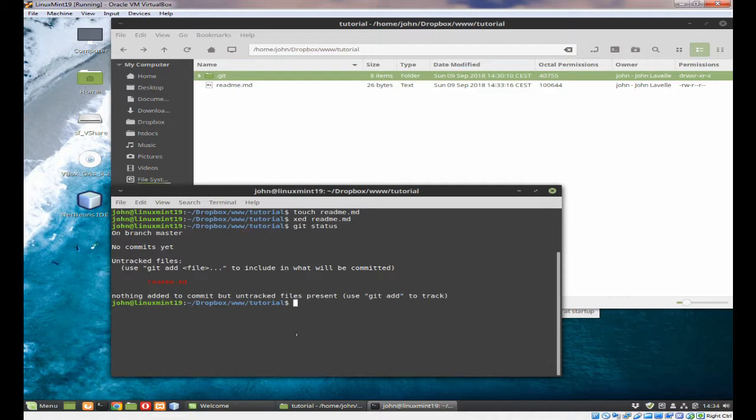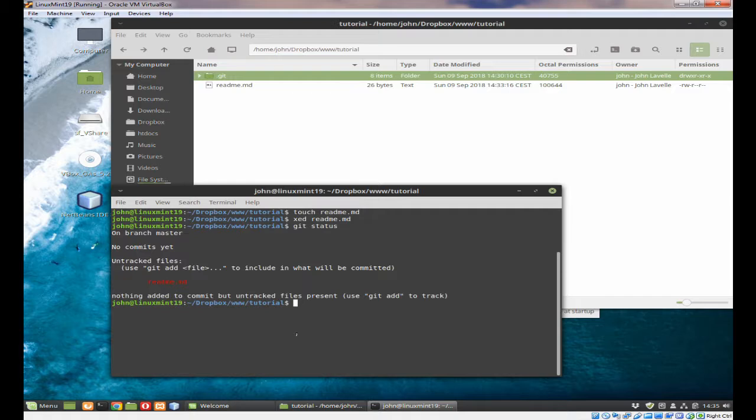Now what does that mean? Well, Git has an area where you can place your files once you've created them, where they're ready to be committed, but you might be working on other files, for example, and you're not ready to commit all these files yet. So it's called a staging area, a stage. Okay, and the term is you stage your file, and we use the command git add followed by the name